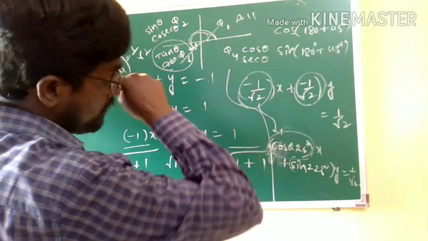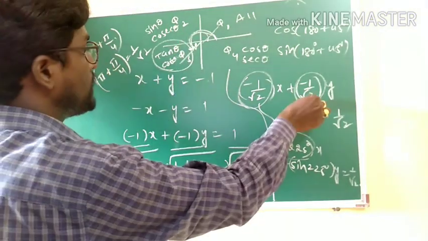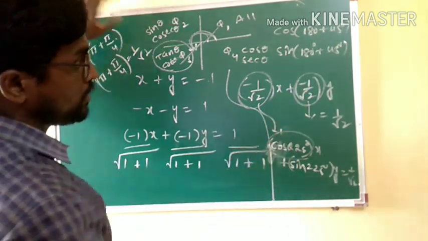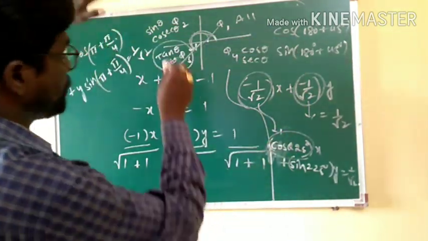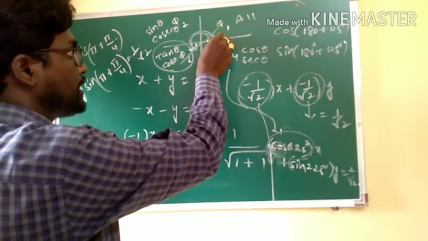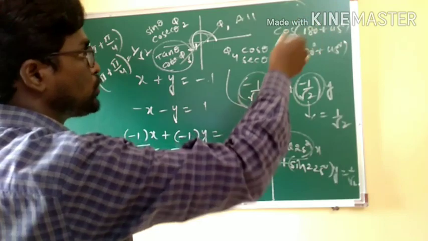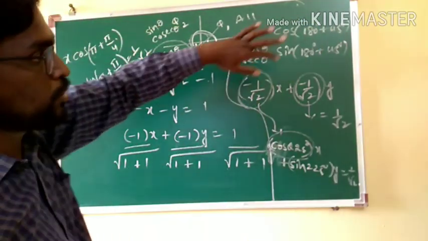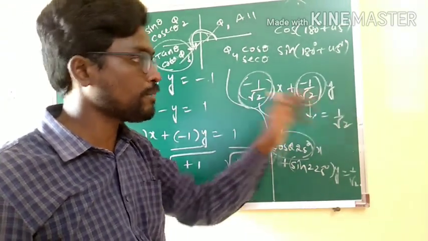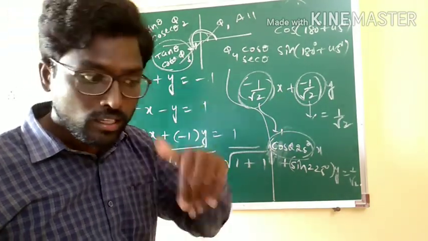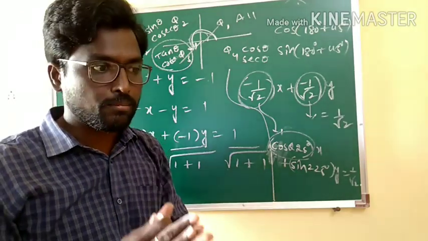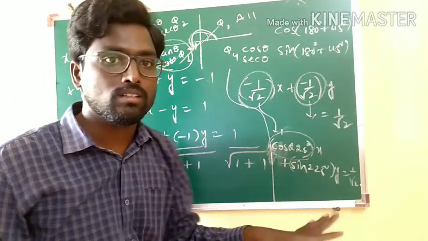Initially I made a mistake. If I take quadrant 2, sin theta is going to be positive in quadrant 2, but here it is negative, so we have to check for the both negative case, that is possible in quadrant 3, and hence I am adding 180 degrees to 45 degrees, therefore the complete angle 225 degrees will give us minus 1 by root 2 and minus 1 by root 2, means cos 225 and sin 225 both are going to be minus 1 by root 2. Likewise we are supposed to check. So we have to think about that particular angle properly and we are supposed to substitute there.